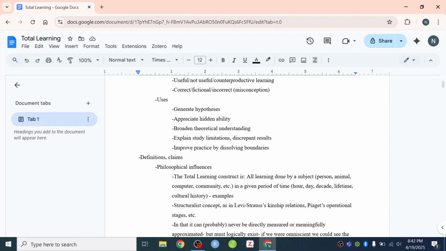Famously, Levi-Strauss's kinship relations are a classic example of a structuralist concept. Levi-Strauss took a step back from the practical, physical, measurable world and said, well, let's just imagine all the possible combinations of relations between people. Kind of algebraically, person A has this relationship with person B, and this relationship with person C, and this relationship with person D, and persons C and D have this relationship, and you just map out all the possible kinds of kinship relationships that a person could have.